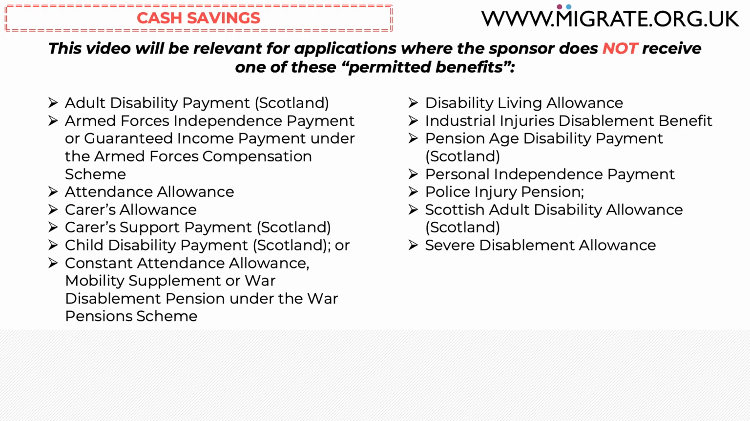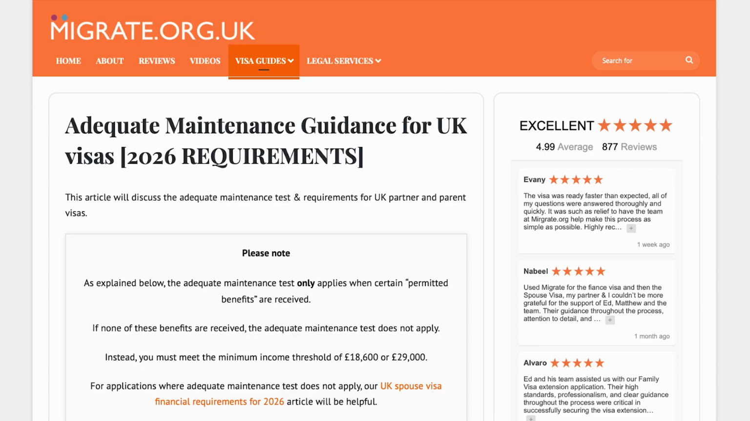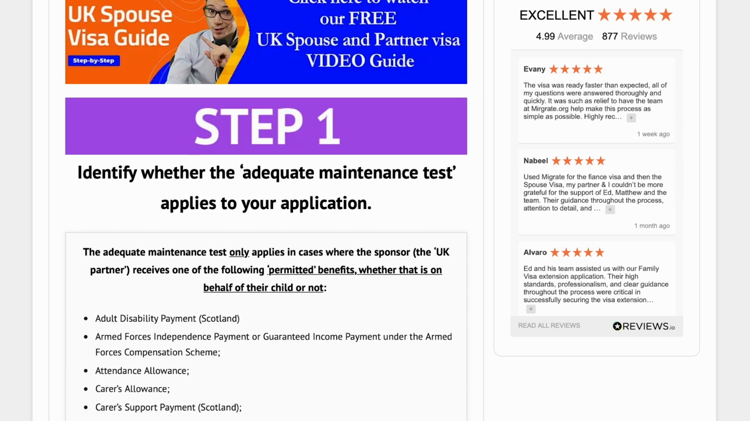This video will be relevant for applications where the sponsor does not receive one of these permitted benefits. As we discussed in our detailed UK spouse visa requirements video, if the sponsor does receive one of these, the adequate maintenance test applies, which is a much lower standard that must instead be met. If the sponsor does receive one of these, we have a detailed step-by-step guide on the adequate maintenance test on our website,